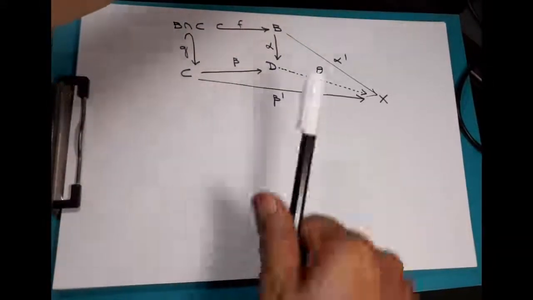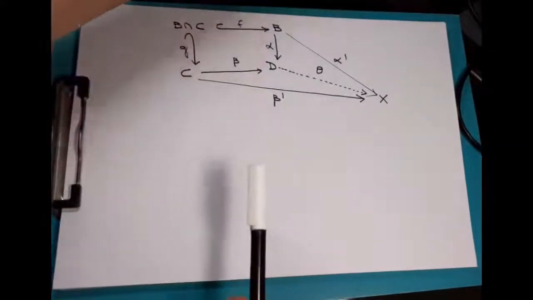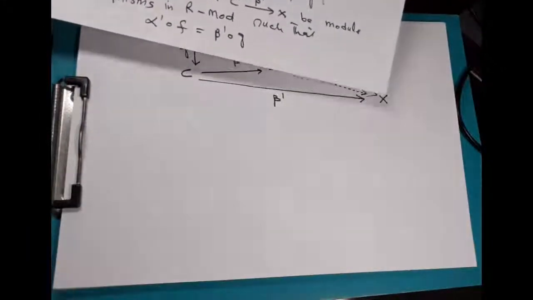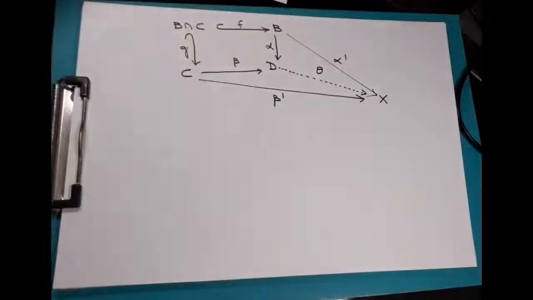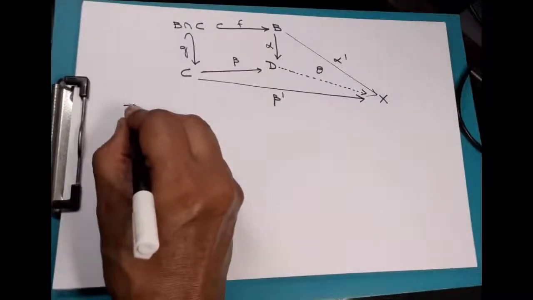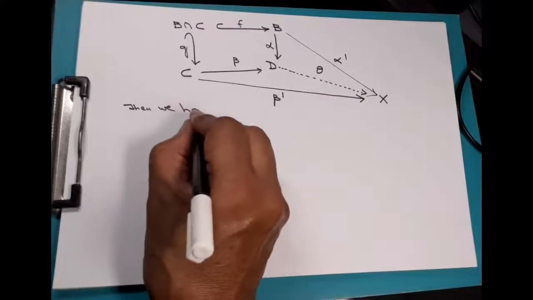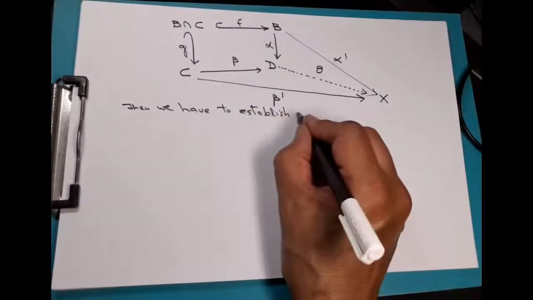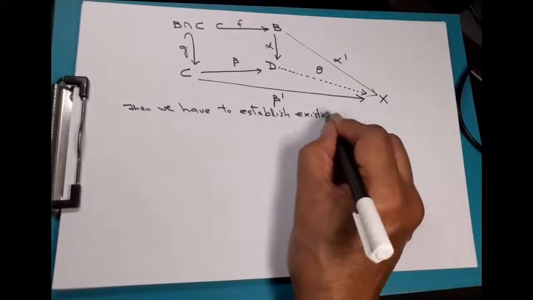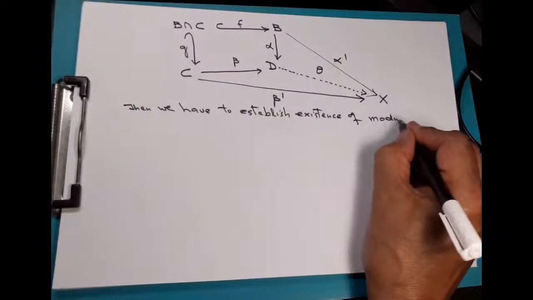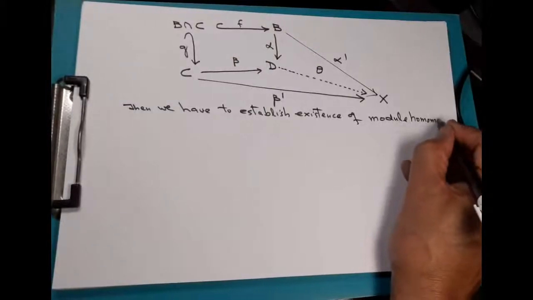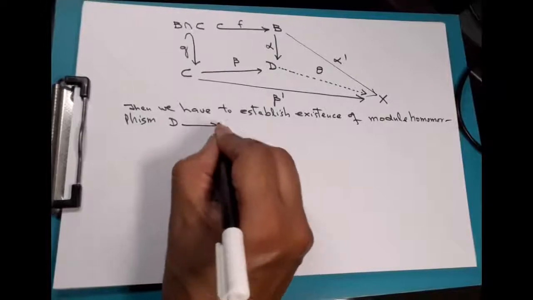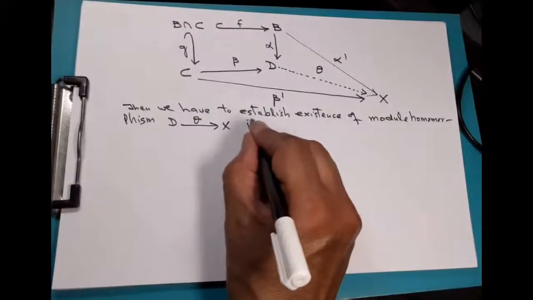I have written that already, that alpha dash composed with F is equal to beta dash composed with G, and if there are module homomorphisms alpha dash and beta dash so that these conditions are satisfied, then we have to establish the existence of a module homomorphism theta from D to X in the category of left R modules,